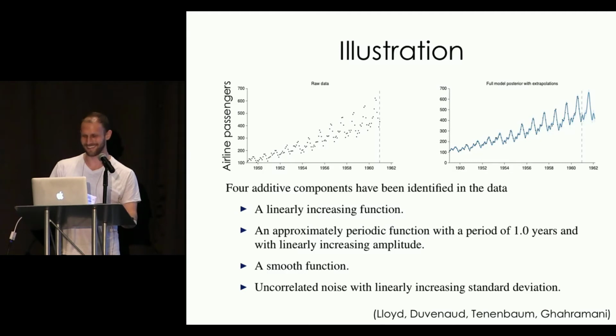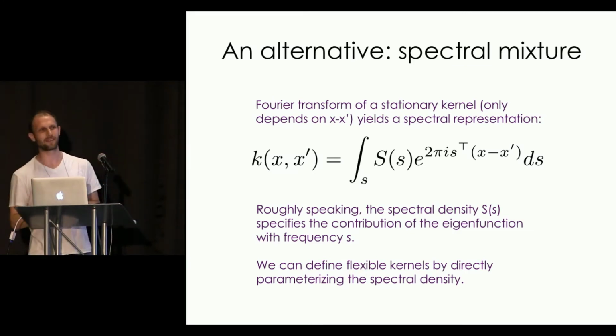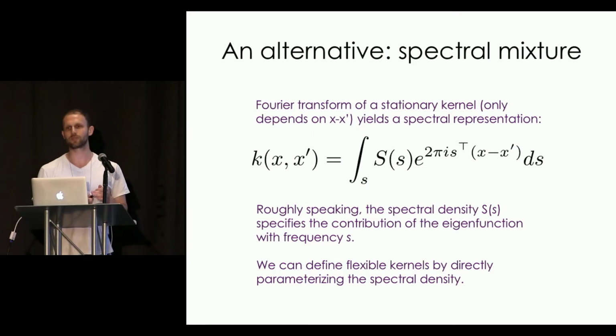Thank God. All right. So as a comparison, before I get to the human experiments, I want to give you a kind of a baseline alternative model. This is proposed recently by Wilson and Adams, and it's called the spectral mixture kernel. And don't get too hung up on the math here. The basic idea is that you can approximate any kernel as a mixture distribution in the spectral density space. So if I take the eigendecomposition of the function, so I have these eigenfunctions, that's going to give me the spectral density, which is basically telling me the contribution of the eigenfunctions of different frequencies,